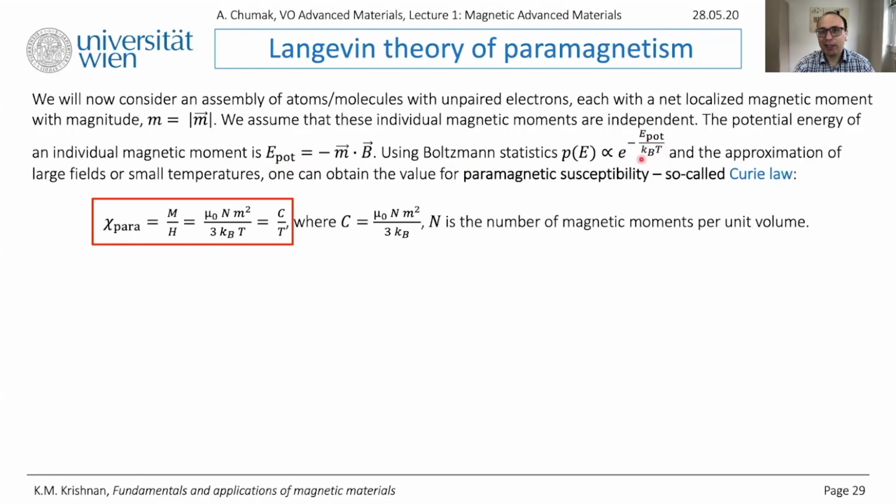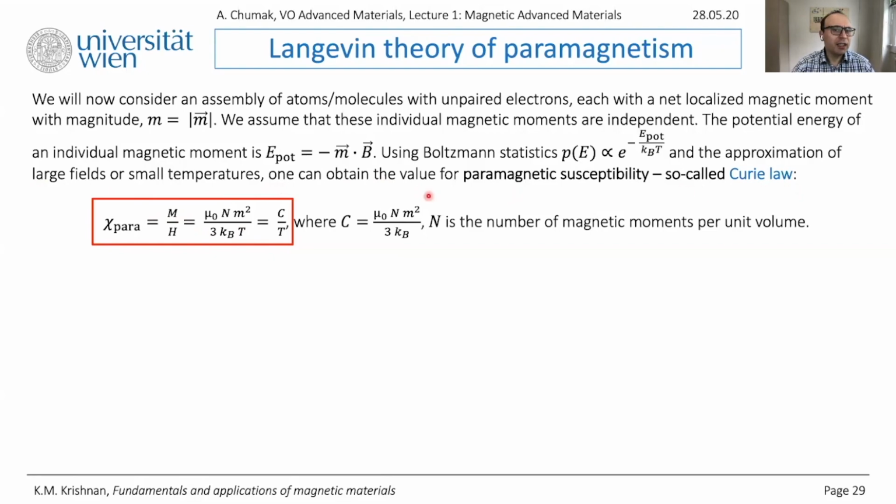So this is the thermal energy of your system. And then you would have to do a few mathematical steps, which you can read here in Krishnan. But here I will just give you the final result, with only the comment that at some point you would have to use the approximation of this formula shown here, which works for large fields H and small temperatures T. The proper formula looks slightly more complex, but this one is the most famous and it's known as Curie